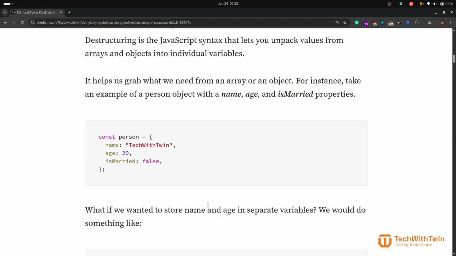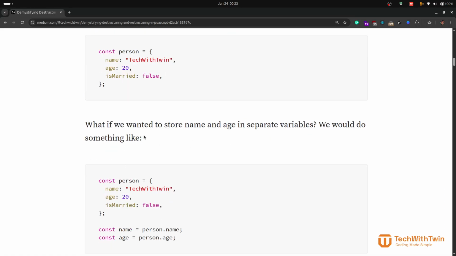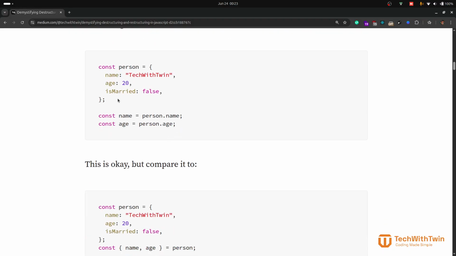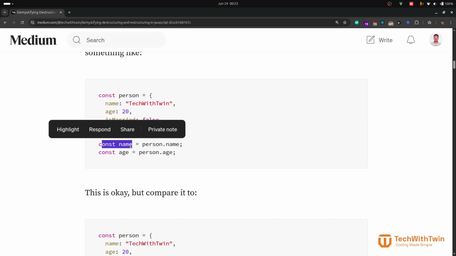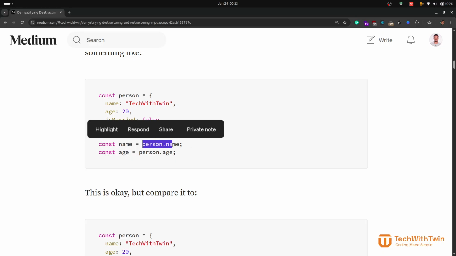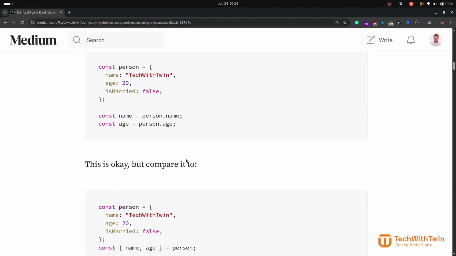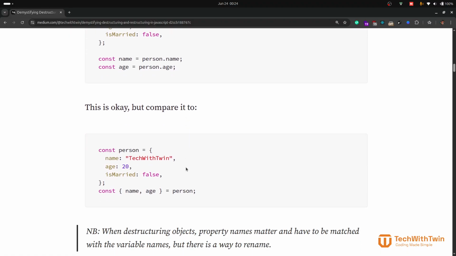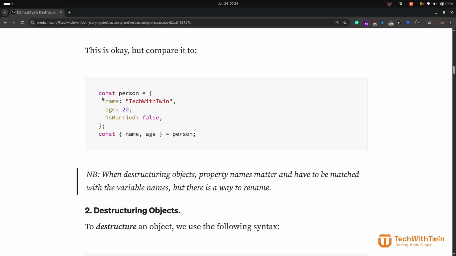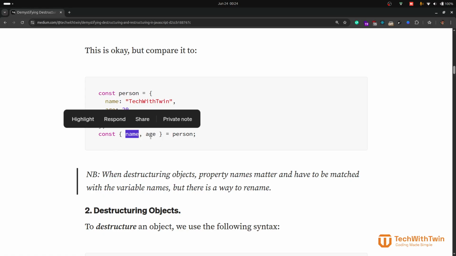So what if we wanted to create variables for each of these properties? We wanted to create a variable for the name, a variable for the age, and a variable for is married. So what if we wanted to store the name and age in separate variables? What we would do is something like this. We could declare a variable called name and assign it person.name. Similar case to the age, assign it person.age. And this is okay, but compare it to when we use the destructuring syntax, whereby from the person object, we can grab the individual properties